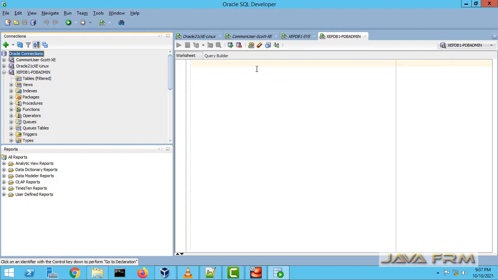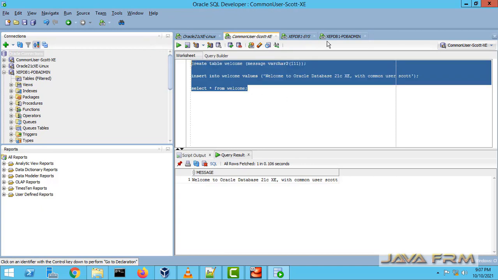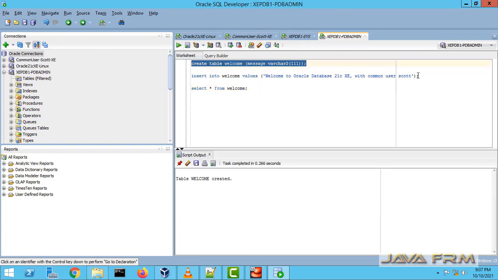Now I am going to create one table. I am copying this query here and pasting. Yes, table is created. I am just modifying this line. All the container users have access to this pluggable database also.